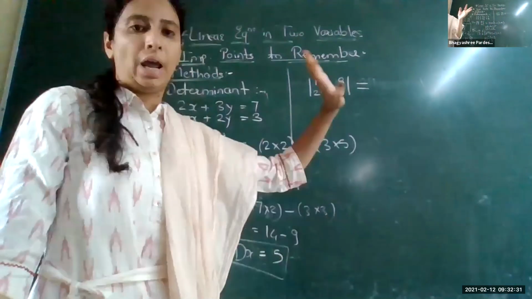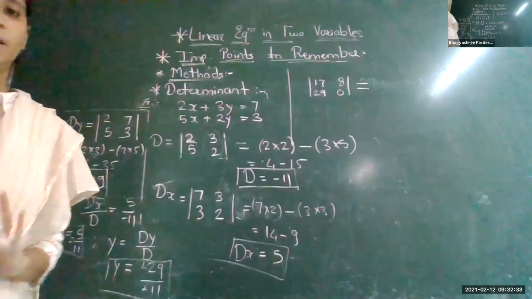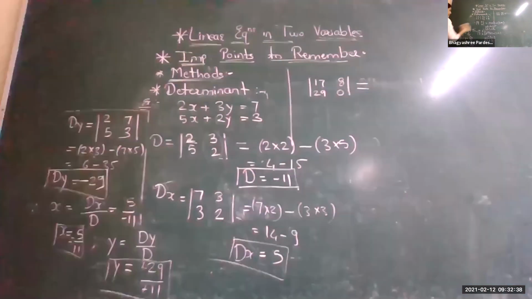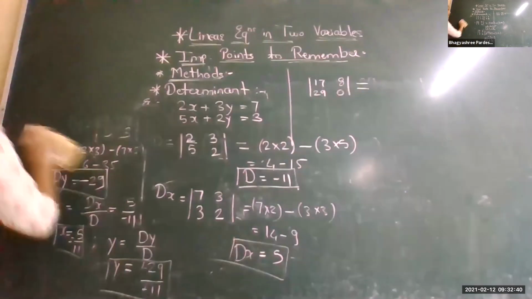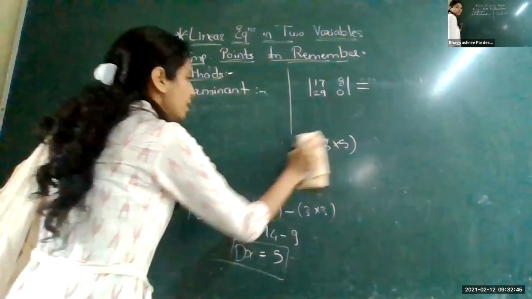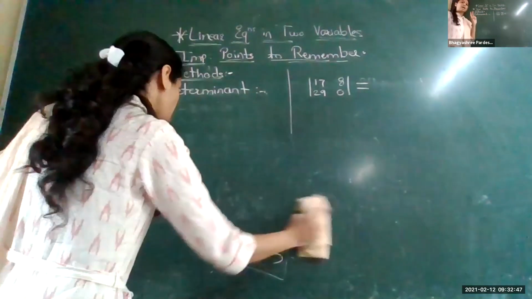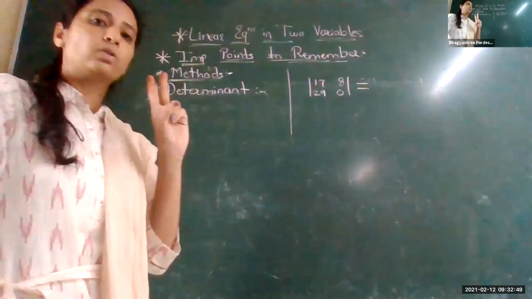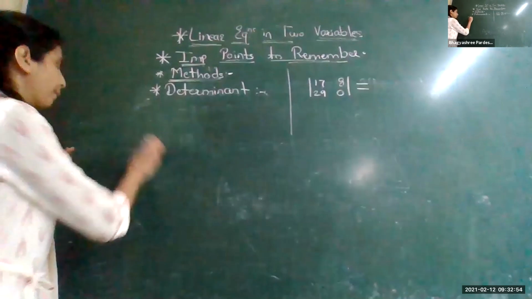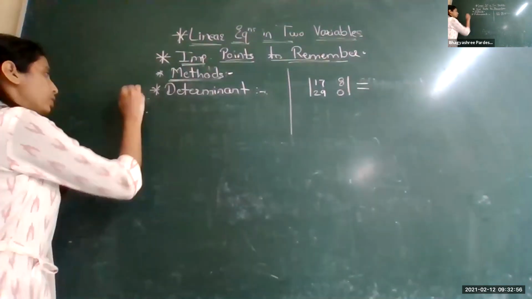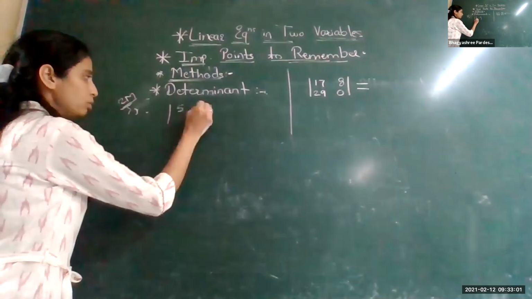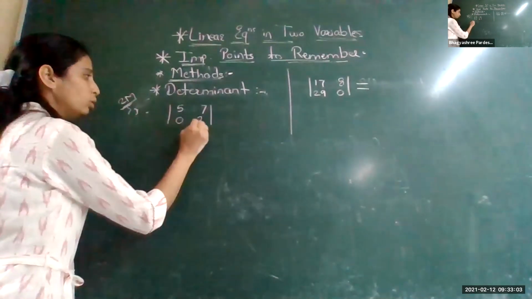Again, if it is asked in an activity-based question, let's solve one activity-based question here. Suppose the activity-based question is asked for 2 marks. Now you know very well, if the activity-based question asks for 2 marks, then you have to fill the 4 blank spaces. For example, here, this is a 2 marks question. Okay, one determinant is given: 5, 7, 0, 2.